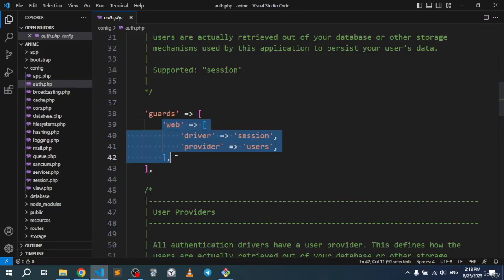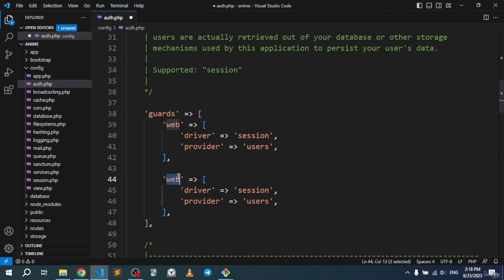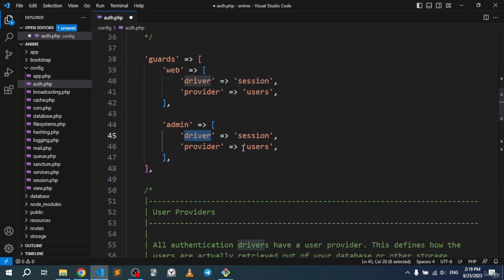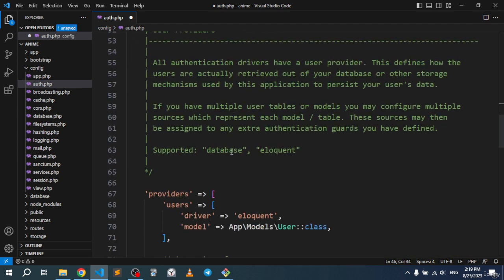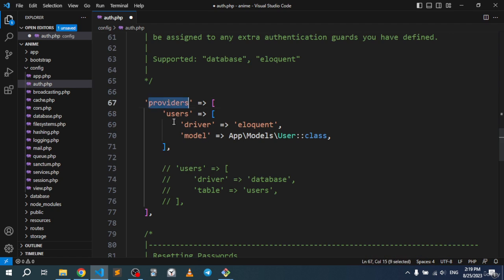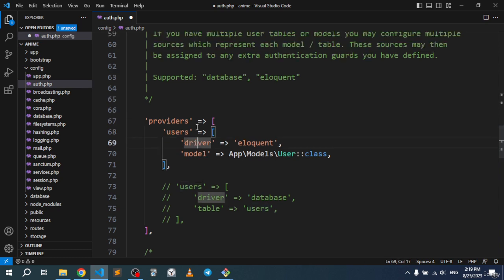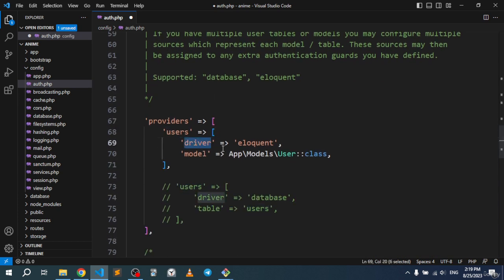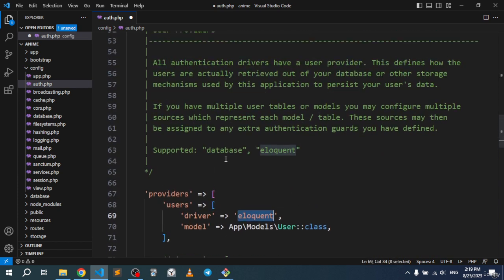So we want to create a guard here, because we'll have another authority, which is the admin authority. The driver will also stay session, and the provider we want to keep this way, so it will actually be admins. All right, so let's move to the next part, which is the providers array. Of course, in this one we'll also have an array, because we're now trying to hook our table with some kind of model. For the users table, the provider, the driver for it is Eloquent, and Eloquent basically is Laravel's way of